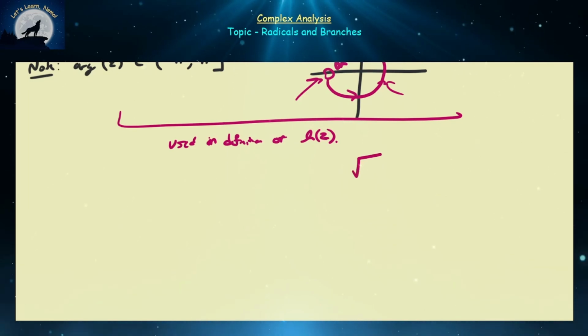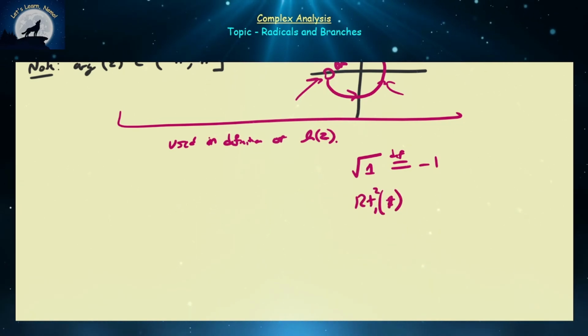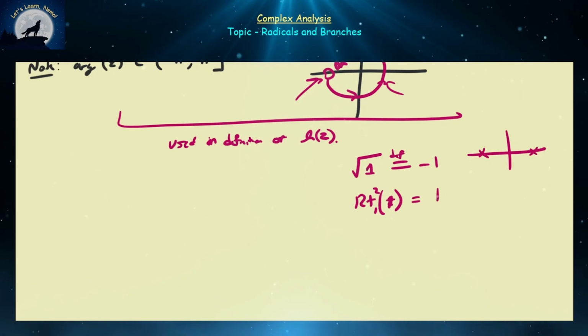For example, what would you define the square root of 1 to be? Well, some people will say, oh, I'm going to define that to be equal to negative 1, and I can define the second root of 1 to be equal to positive 1. So that means your principal square root of 1 is going to be negative 1, and your secondary root of 1 would be on the right-hand axis. More power to you if you want to define it that way, but